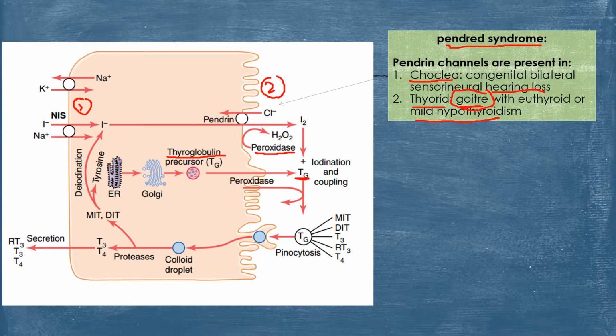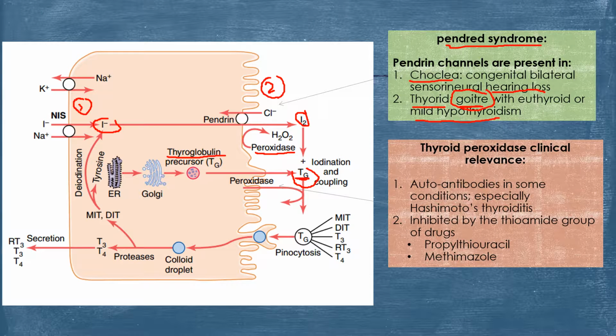What they do is that they oxidize the iodide to form iodine. This step, this conversion to iodine, is very essential for the iodination process of the thyroglobulin. After that,